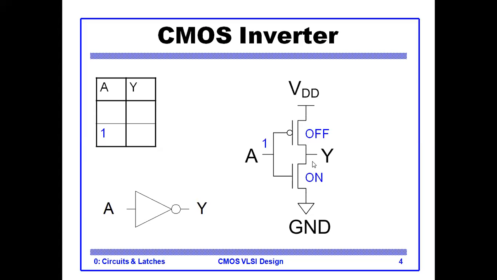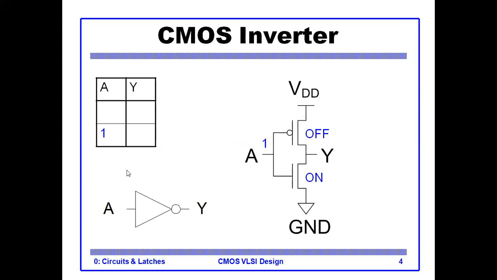So this is the pull-up network, and this is the pull-down network. The pull-down network is connected to ground. NMOS is in the on condition, so that's why this is the pull-down, and the source is connected to ground, so the ground, the zero potential, will appear at the Y terminal, because the NMOS is in the on condition and the PMOS is in the off condition.